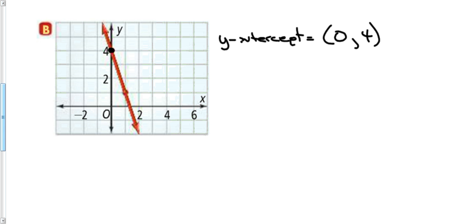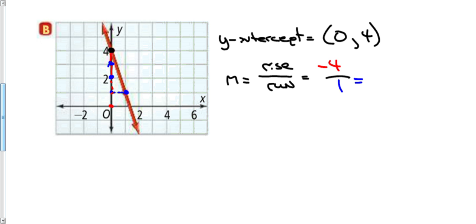My slope, m, if I remember, is rise over run. So I can see that this line goes 1, 2, 3, 4, goes down 4. So my rise is going to be -4 over my run, which is right 1. So it's going to be -4 over 1,